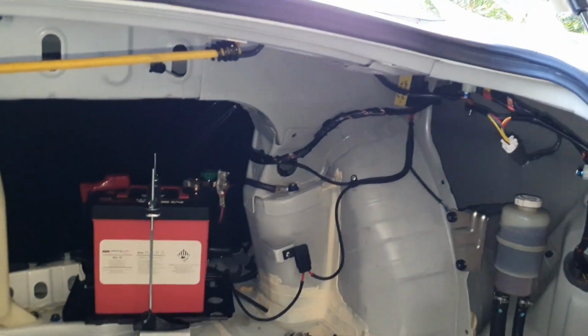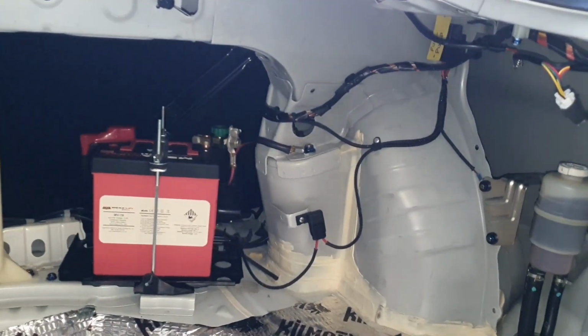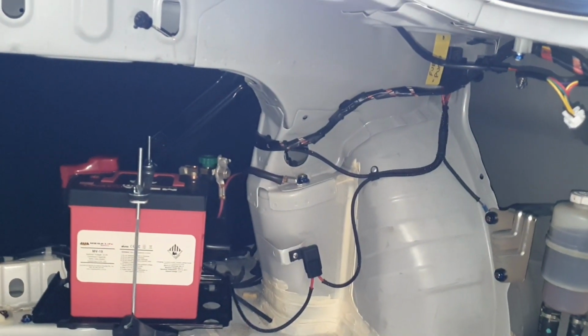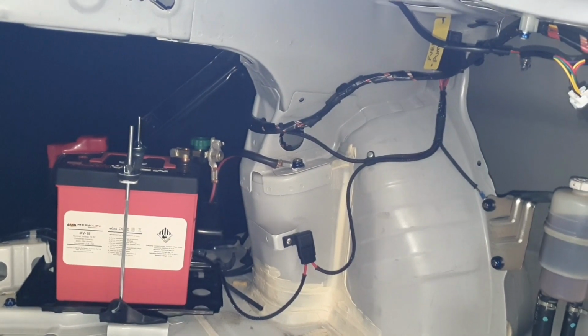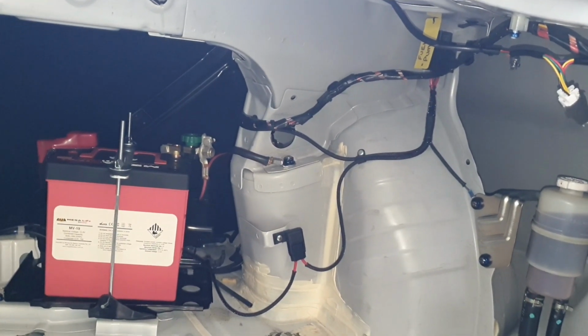All right, just turn my light on. So here we are looking at the boot of my Evo 10, and to try and make sure that the car has enough power, what I've got the guys at AK Racing to do is to install one of their customized hardwire kits. So as you can see,